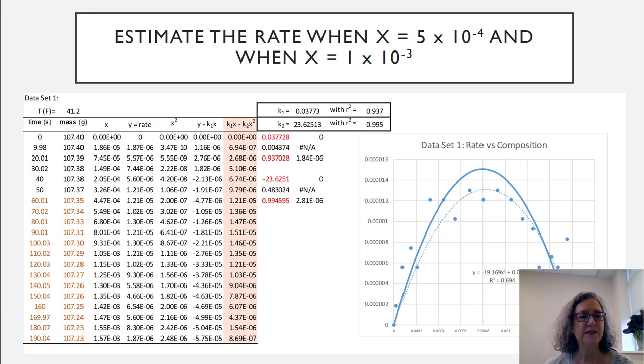So I have a set of data here. This is kinetic data from Alka-Seltzer and water, but I have converted it over to finding the rate. Now, I did find the rate using just the derivatives, the rate of change of the mass with time. And because there's a lot of noise to the data, when you turn it into a rate, it's incredibly noisy,